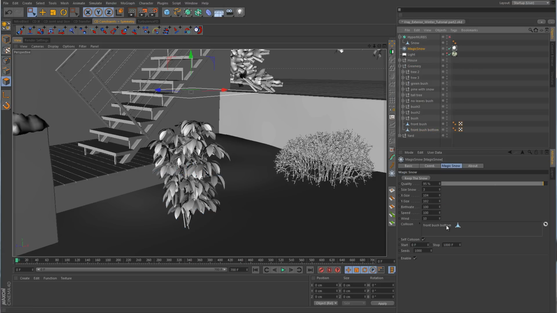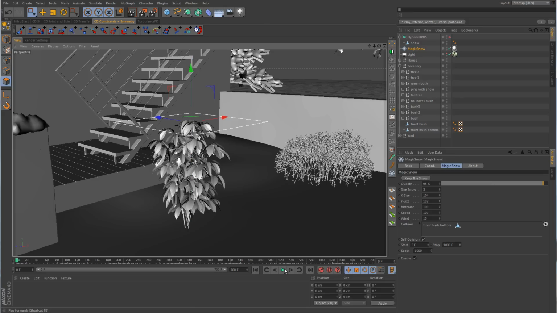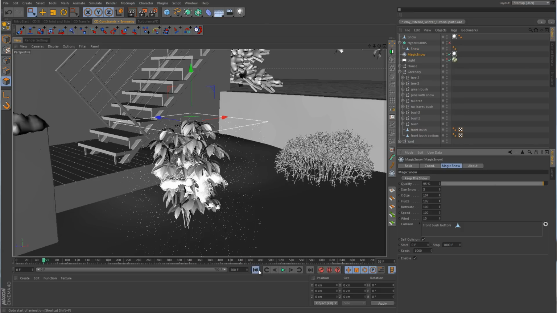Put that back into the collision box here, bring the emitter down, and then let's just hit play and see what happens. Okay, so there's a little bit of snow that's collecting on the inside, so we're going to click on keep snow, go back. Now we're going to take the top part and drag it in,